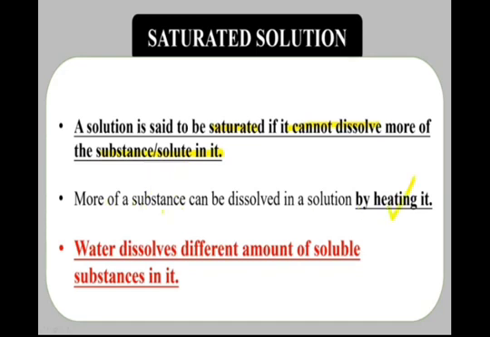So children, I will tell you a simple example. If I am continuously taking science class from morning to evening, what will be your condition? You will be saturated because your brain is not able to take anything from me if I continuously take class. In the same way, if you continuously add solute into a solution, it is not possible to dissolve it. That is the saturated solution. So by simple heating, you can separate the solid components from the saturated solution. Okay, and this is very, very important: saturated solution.